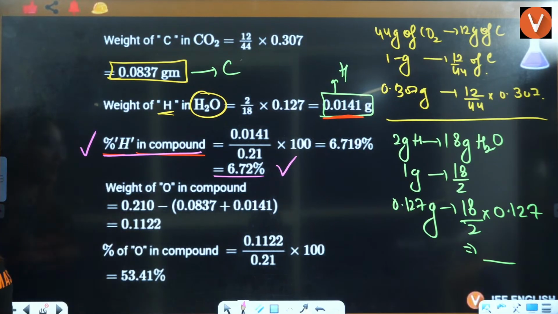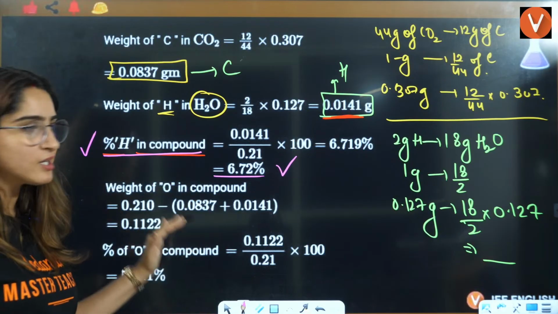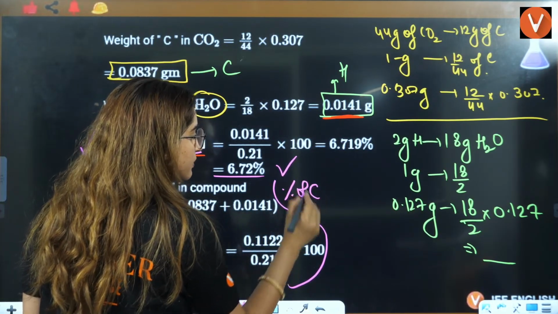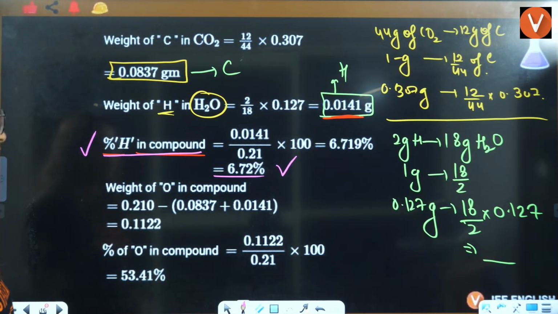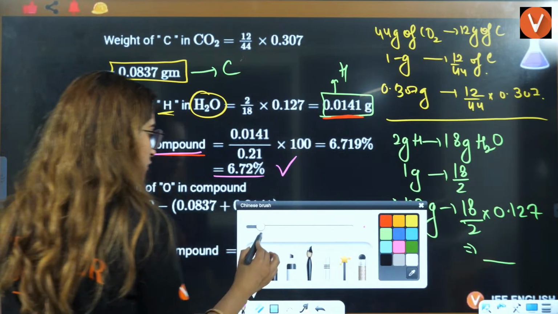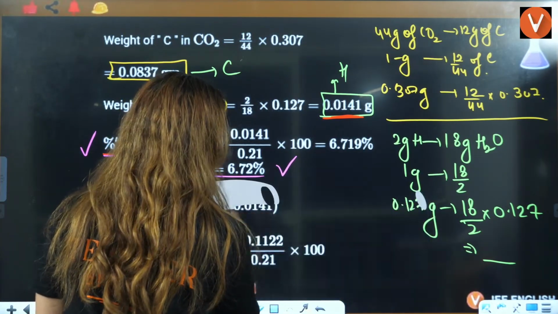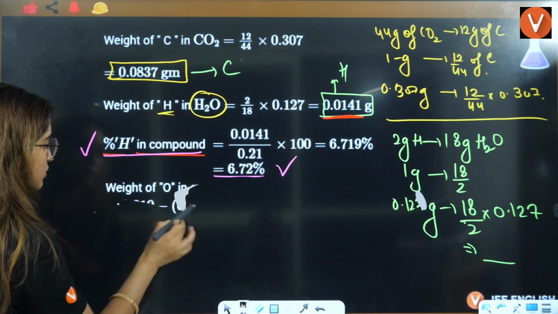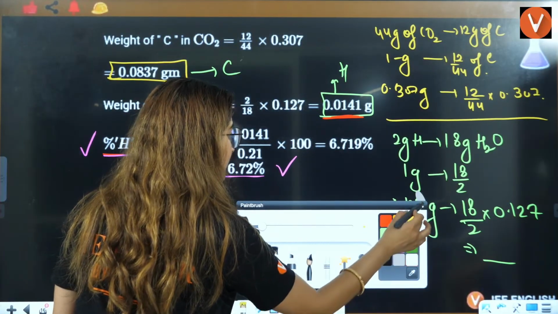This is the percentage of hydrogen, right? Acha, they have done it in a different manner. You can also do it that way, that first you calculate the percentage of carbon. I would advise you to do it that way. For that, just erase this, okay? Because that will be easier for you to understand. So the percentage